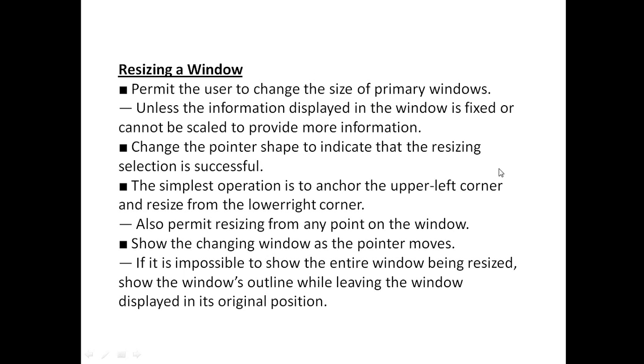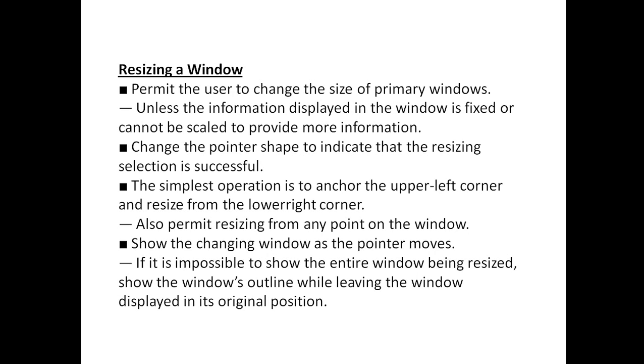That anchor is always opposite to the pulling point. Maybe some people are facing some difficulty when performing this resize operation, in understanding which window sides or corners will be resized from a specific pulling point.